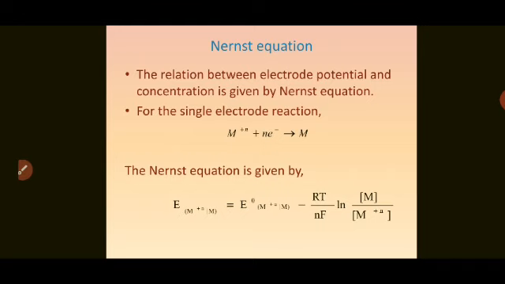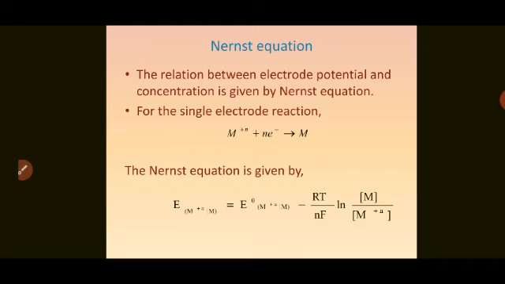Now, in earlier examples, that is copper or zinc, when it is connected with SHE, we have taken the condition as the concentration of both oxidized and reduced form should be unity, that is it should be 1 molar, or if it is gas it should be at 1 bar pressure. But every time it doesn't happen. So we have assumed in the previous section that the concentration of all the species involved in the electrode reaction is unity. This need not always be true.